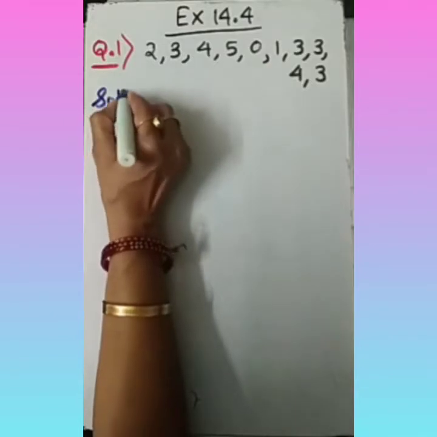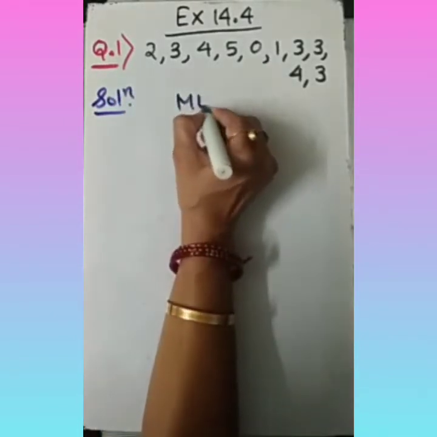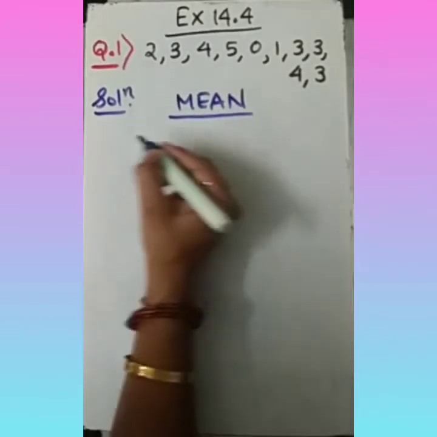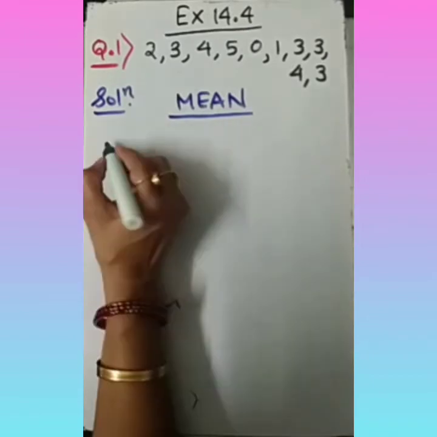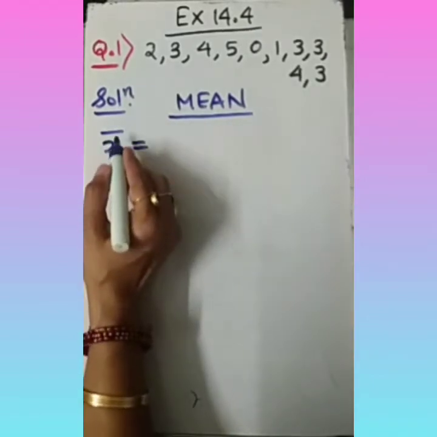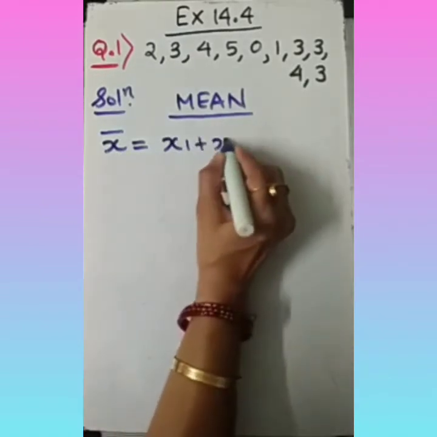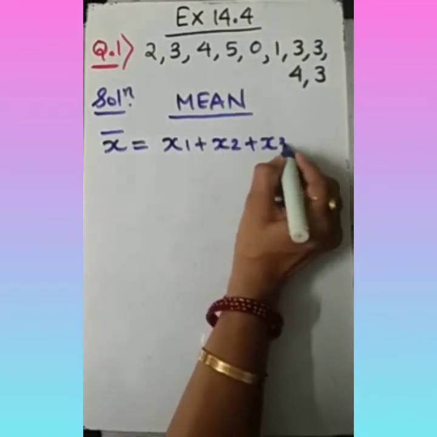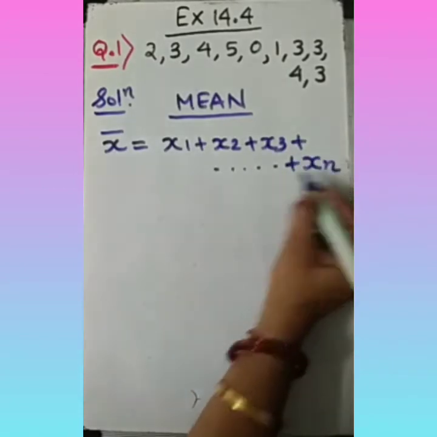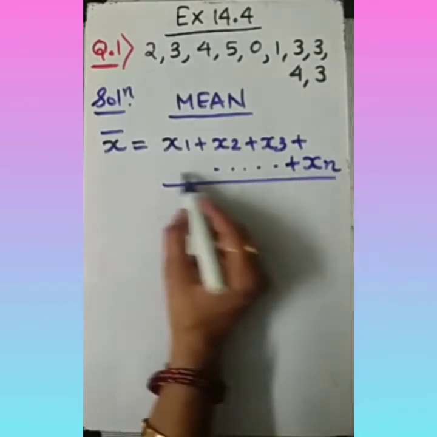According to the question, the first thing which we have to find is mean here. So all of you, we must give the heading mean first. Mean is generally defined by x bar. My dear student, mean we are defining by x bar, and as you know, here x1 plus x2 plus x3 plus so on plus xn. These all are the observations which we are adding here.